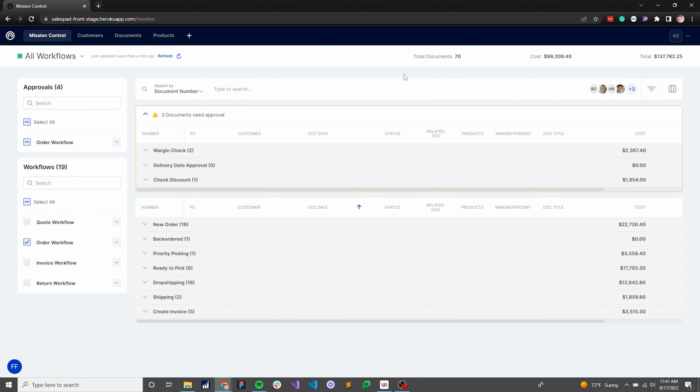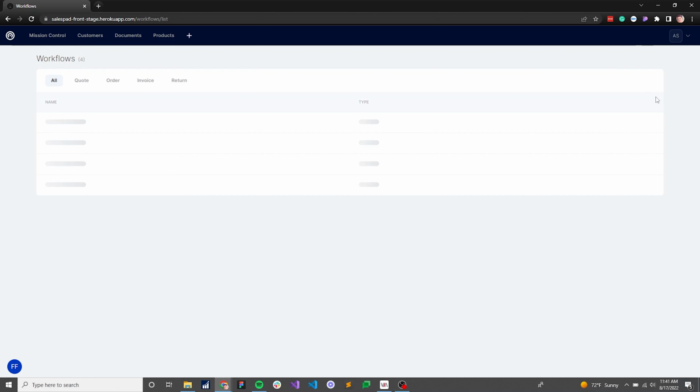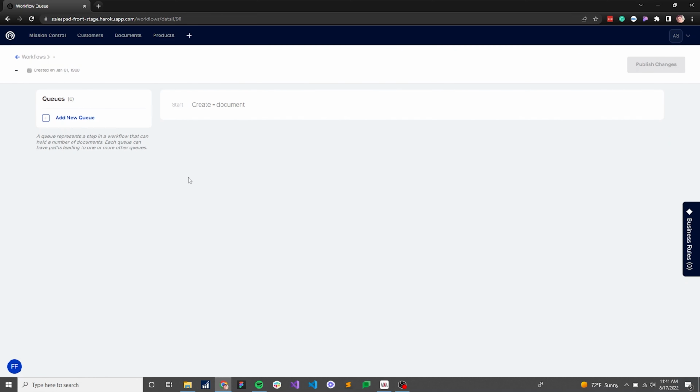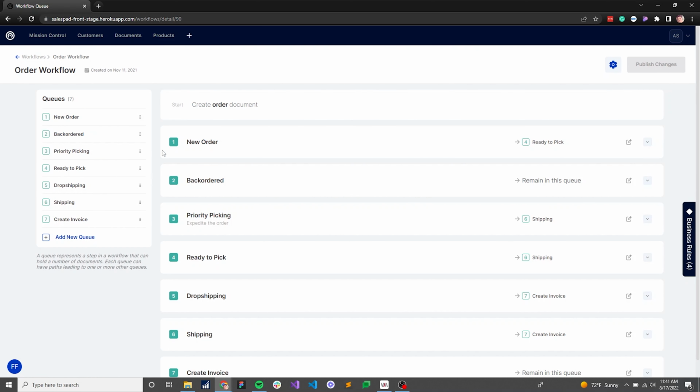So the first thing that you're going to do is, on Mission Control, navigate to the Workflows page. From here, as you're in the order workflow, you'll be able to see your process defined, and you can see a number of different steps. And I recognize that I want to make some changes. I want to go ahead and lock documents as they get to the priority picking phase, because as soon as they're there, I want to make sure that no documents change. I want to make sure that there are no more new line items, that the price doesn't change, and that things aren't removed or deleted or modified in any way.